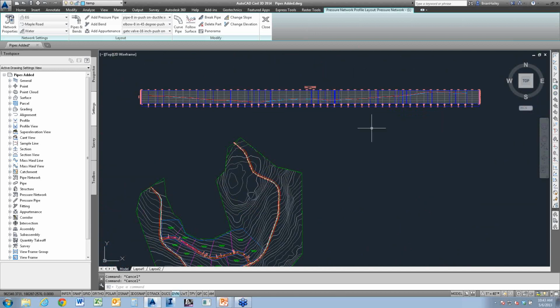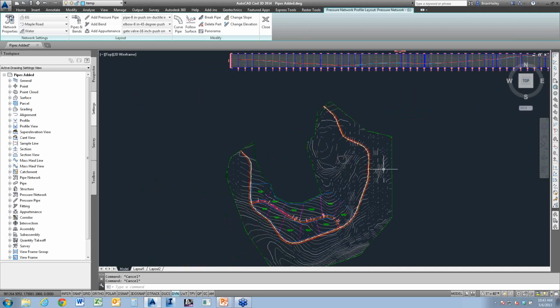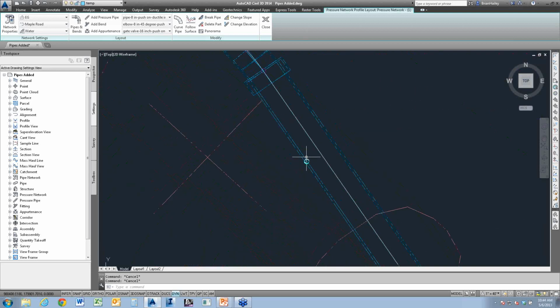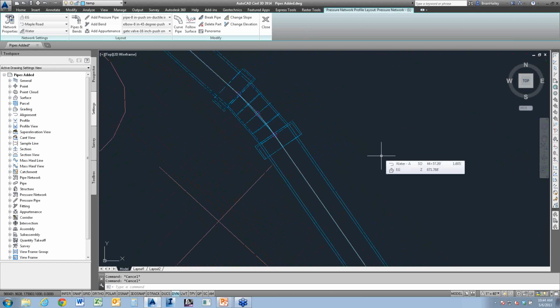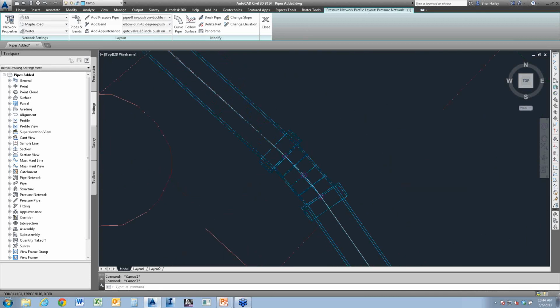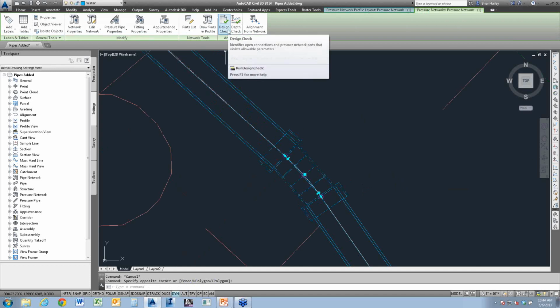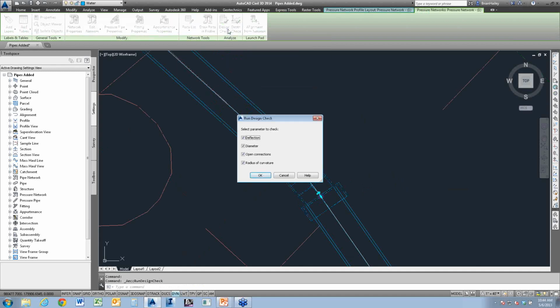All right. Last thing I want to do is double check and make sure that this fitting isn't in violation of the criteria. So I'm going to grab the fitting, and I'm going to do a design check. And here are the different things we can check. Do you want to check the deflection, so the deflection at the joints?